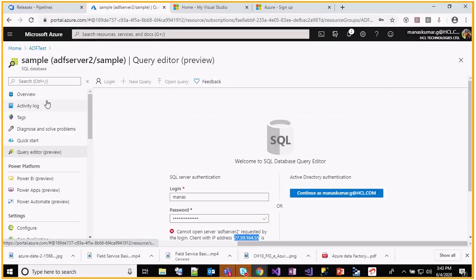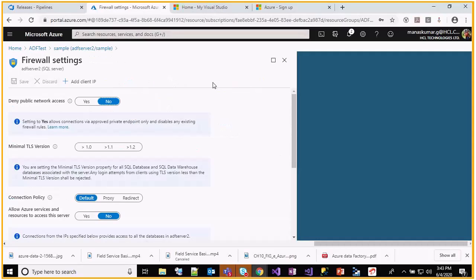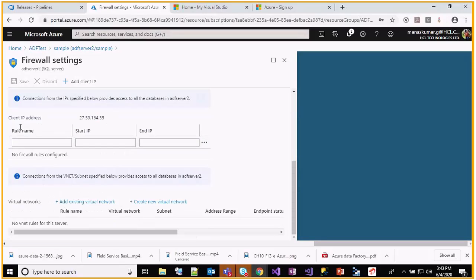Copying it here, if you go to the overview, you can see something like set server firewall. If you click on it, you can see as of now there are no client IP addresses here. Let me add it here.